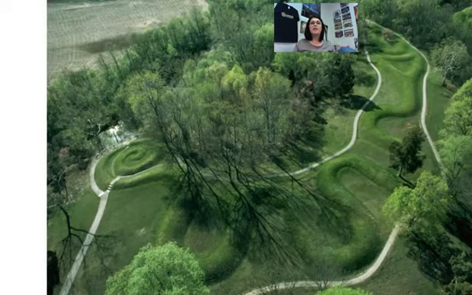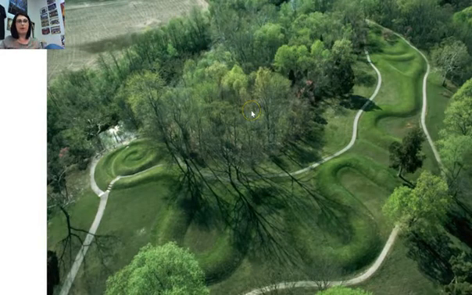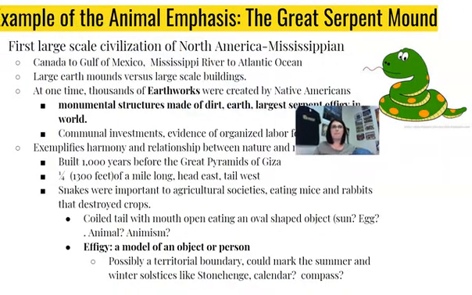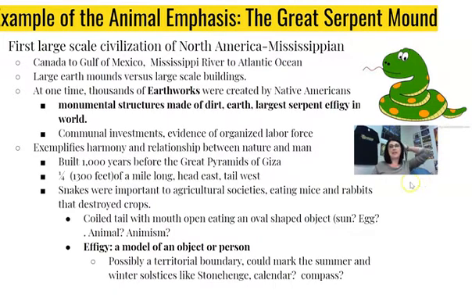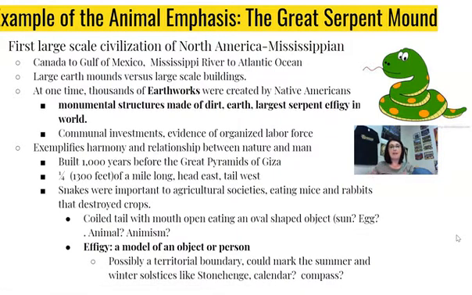So this is a really good example of animal spirits combining with archaeology, because we aren't 100% sure what this actually was for. And you can see from an aerial view that this is an effigy of a snake mound. All right, so this is actually located in Ohio. And it is the Great Serpent Mound. And what we can see here is that in order for this to be created, there had to have been an organized civilization. There had to have been meaning behind this snake, perhaps a complex religious belief. There had to be the organization to do it. There had to be the organized beliefs behind why they would build such a thing.